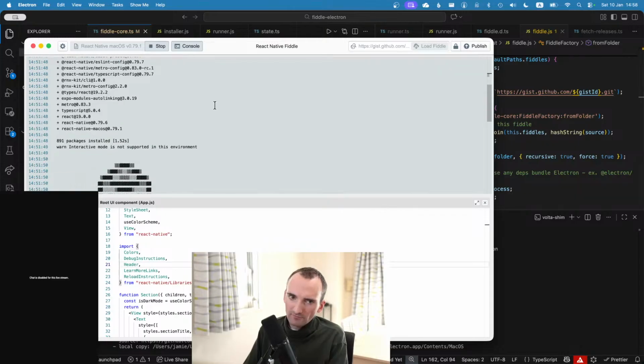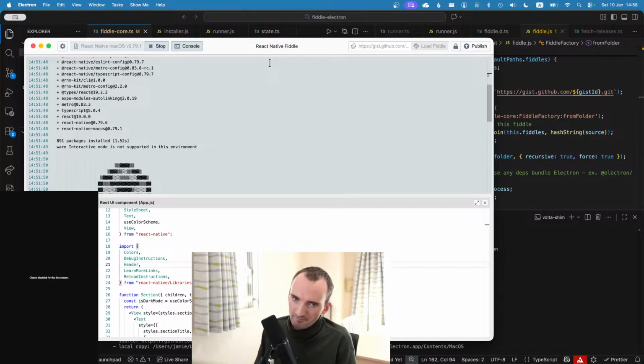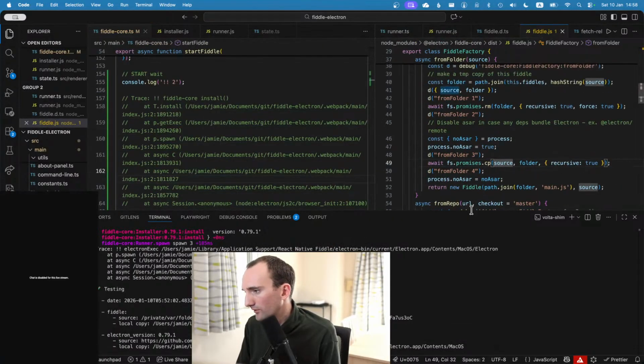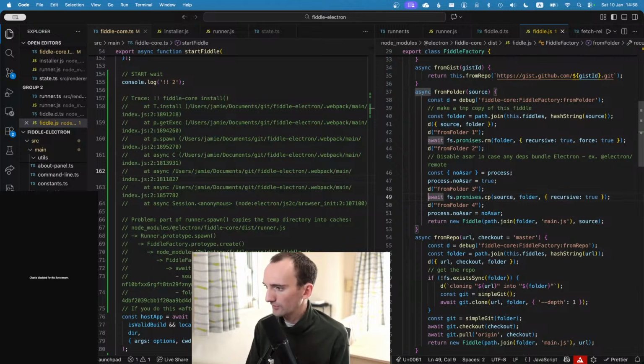I'm still going to have to figure out when that reinflation time is. I've got no idea when these caches are used. But the way I've come to understand Electron Fiddle, because the React Native Fiddle is a fork of Electron Fiddle, is just poking stuff, see what breaks, poke something else, and get a little further each time. So what I want to do is effectively have a hook